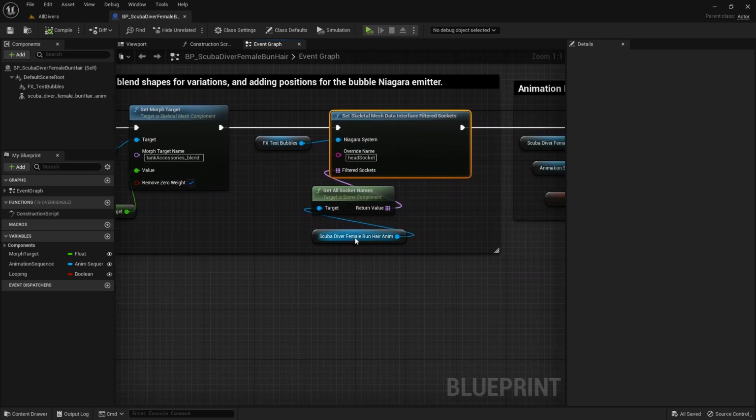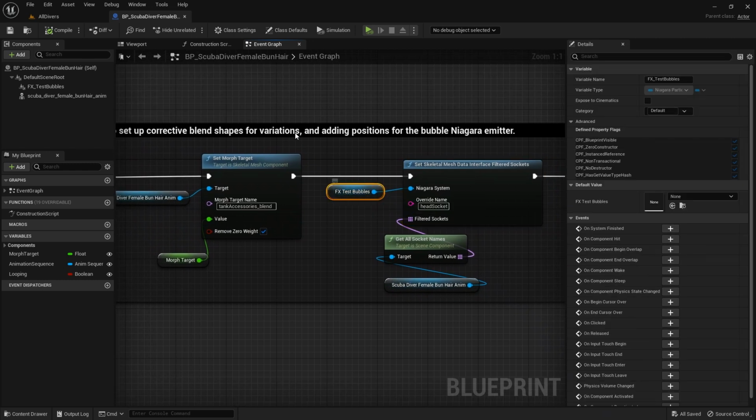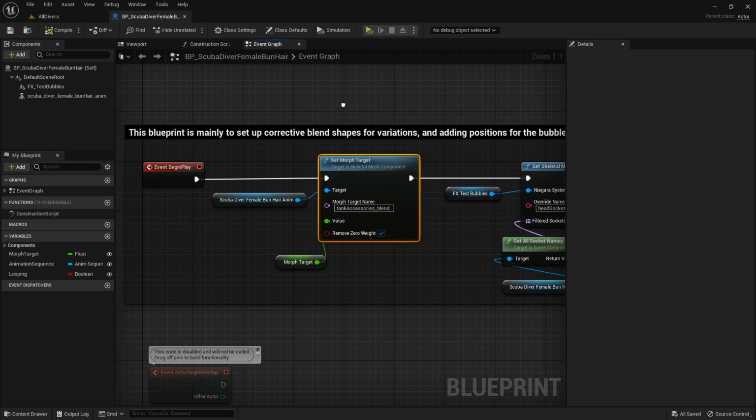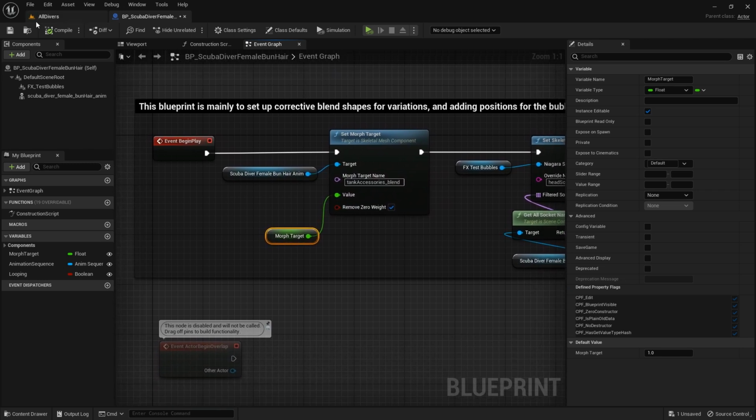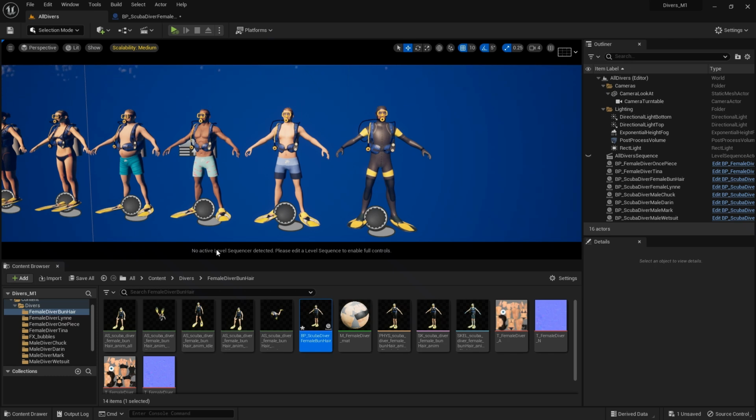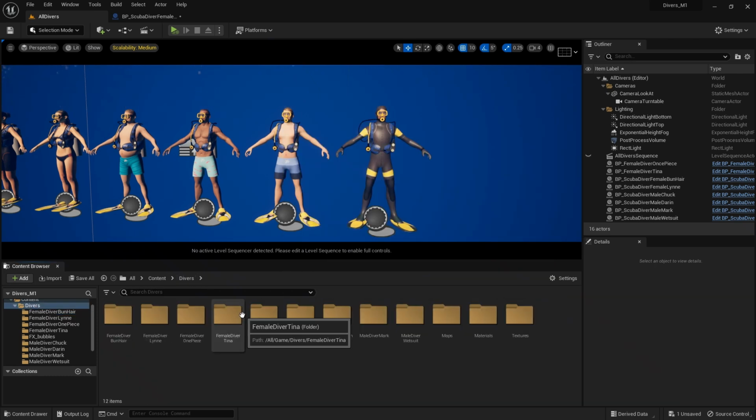It's using the head as a socket for the bubbles effect. And the morph target here, you can control the morph target to control the tank accessory blending. Sometimes there's just a bit of fitting for the tank accessories, and each one has its own various sets of